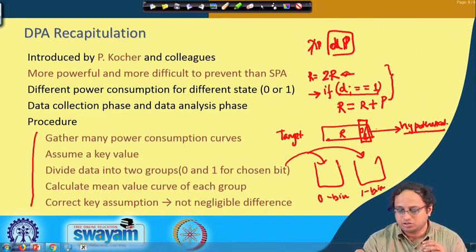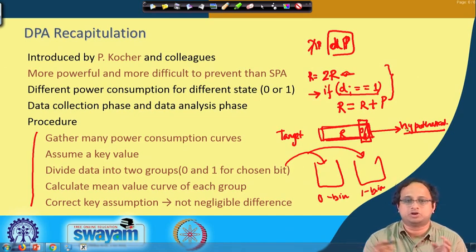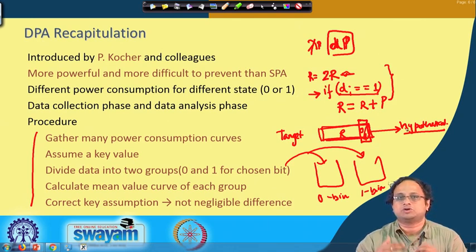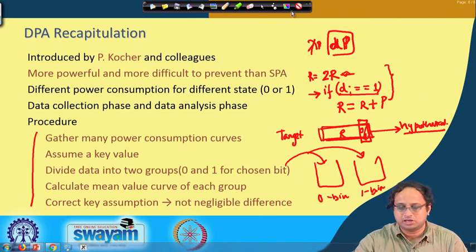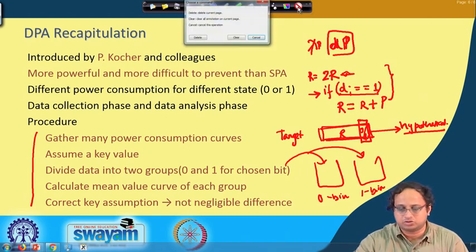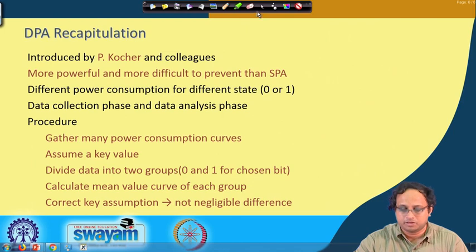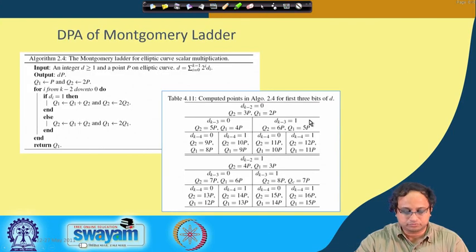In case of CPA, you take the entire value of r, predict the hypothetical power value by some kind of power model, and then try to correlate that power value with your real power trace. You calculate a Pearson's correlation, and the Pearson's correlation should be maximized at some time instance, which is your point of interest. So this is how you can adapt DPA even to elliptic curves, and essentially the attack should fundamentally work. So let us see how it will work.